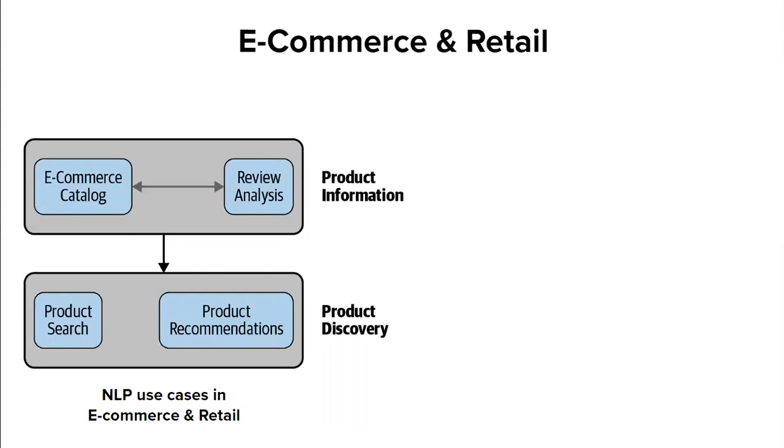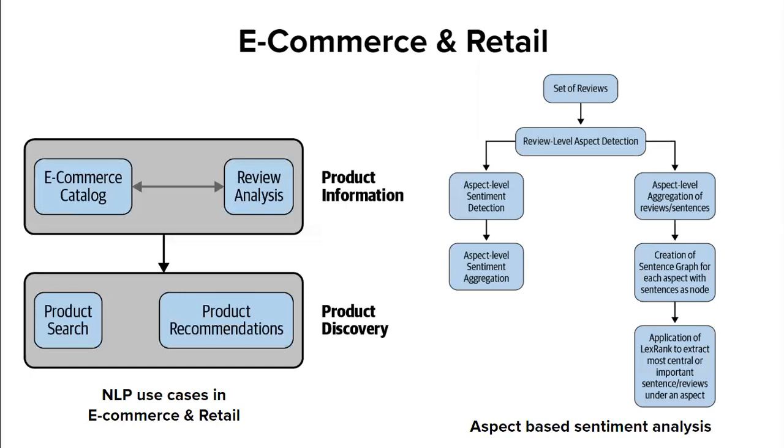And then there is also product discovery, like searching for products, showing related products, showing recommendations. So we give a detailed overview of these different kinds of use cases, and we also talk about specific details of individual problems. Like say this chart here shows how to do aspect level sentiment detection. You first detect aspects, and then you detect sentiment at each aspect, and so this shows how to approach that problem step by step.